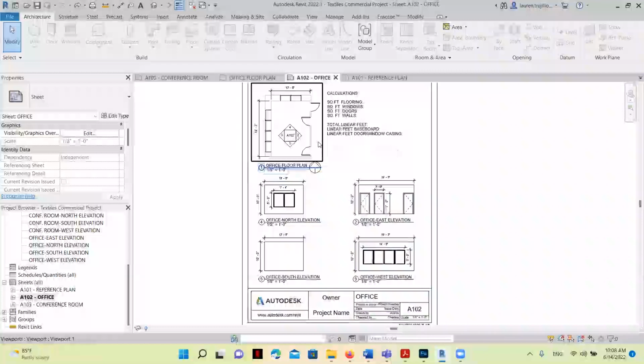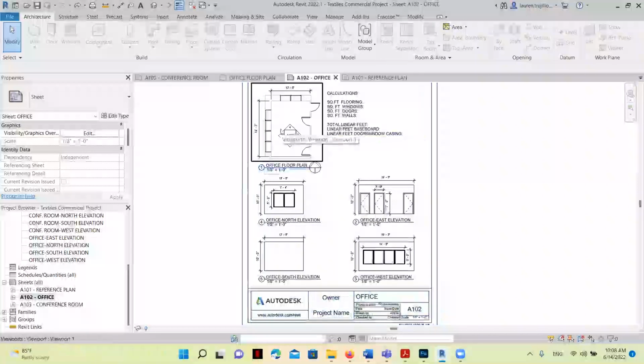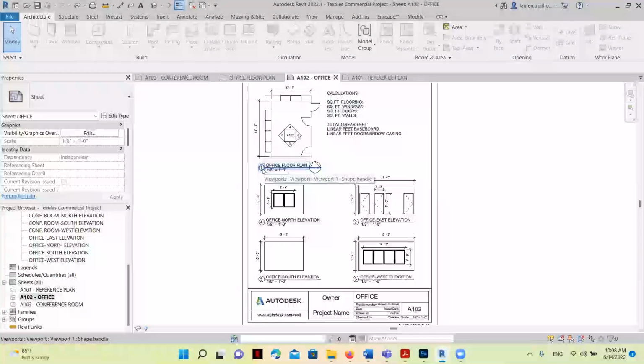Before we talk about the annotations and the coordination, I just want to talk about a couple of things that are on this sheet. We have a title bar at the bottom that gives information about this drawing. We have a copy of the floor plan here, just of the office, and it's drawing number 1. You can see that we have a title and a scale of this drawing, so it's the floor plan.